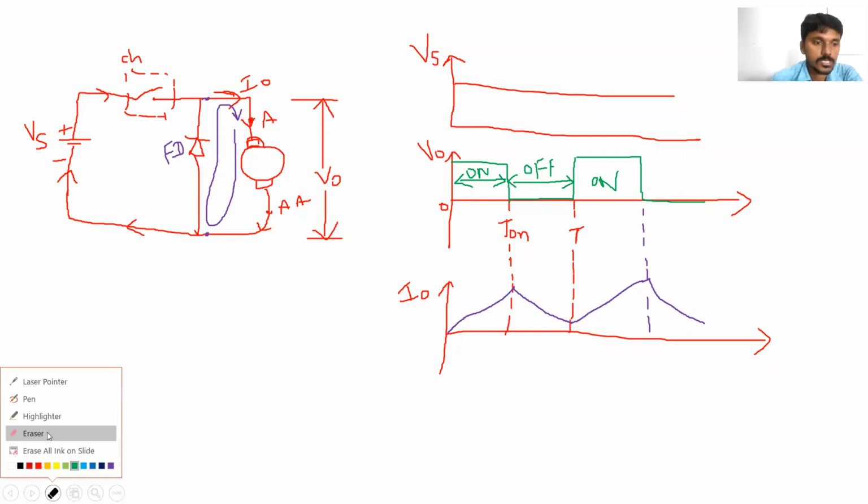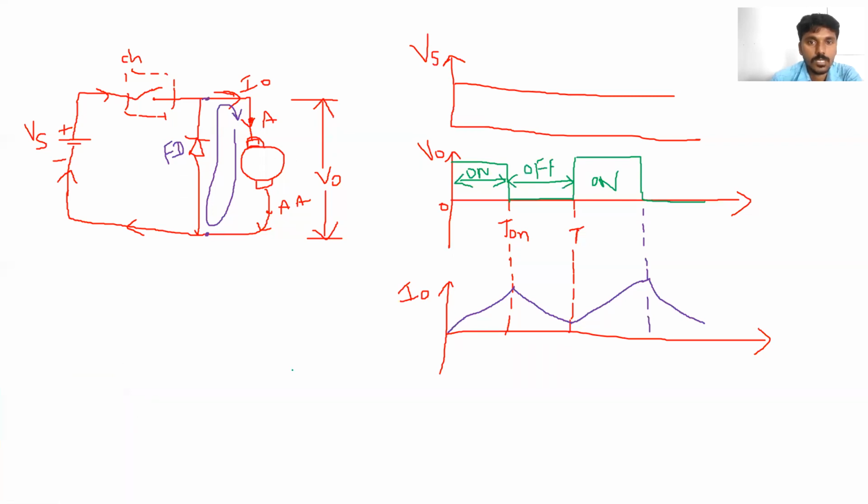So why are we going to discuss this? How is the motor speed controlled? That is our main motto. How is the motor speed controlled? So from this waveform, we can write the output voltage equation. V0 is equal to